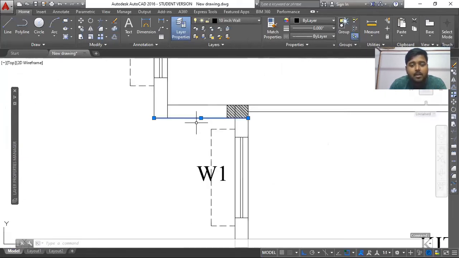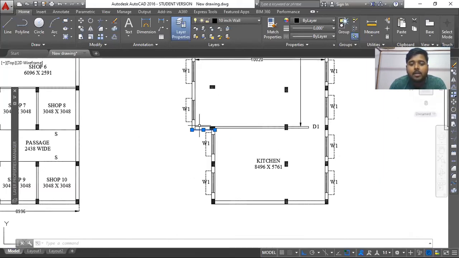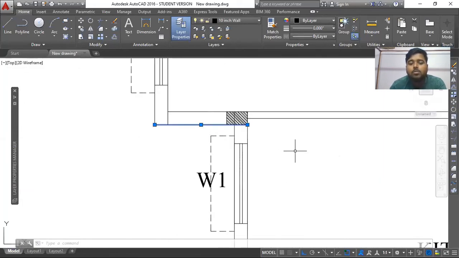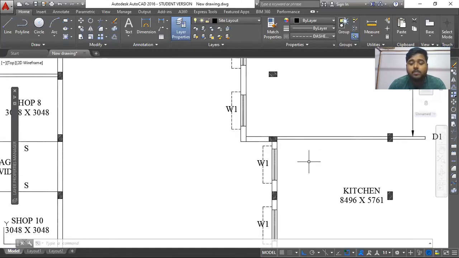Let's say if it comes as 2 centimeter in the printed drawing, he'll simply multiply with 100 and get okay, so this line is 2 meters. So I need to construct a wall of length 2 meter in that particular place. That is how he is gonna transform your drawing to a physical thing or physical building. So your scale is very much important in terms of execution. And if your design is not going to be executed, then what is the value of your design? Right? You need to do this and cross-check it very properly.